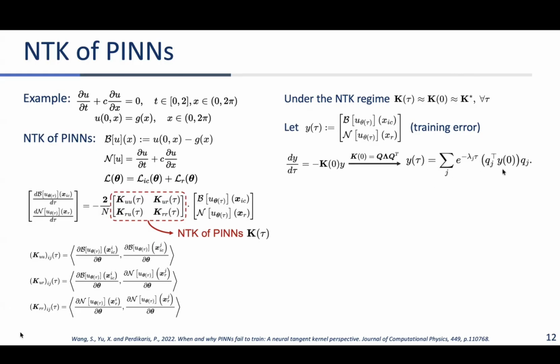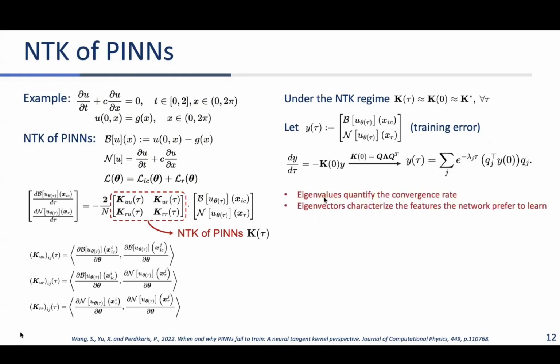I forgot to explain that. This y tau is basically a linear combination of the NTK eigenvectors, denoted by Qj, and those coefficients are e to the minus lambda j tau. The lambda j's are the eigenvalues of the NTK matrix of the PINN. There are two important